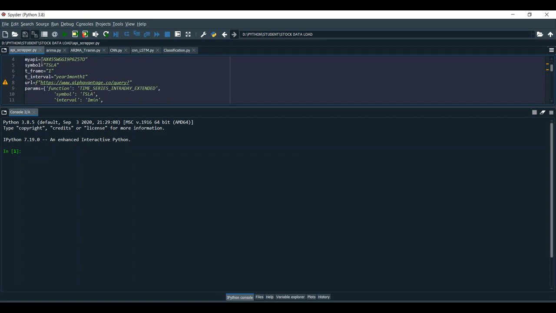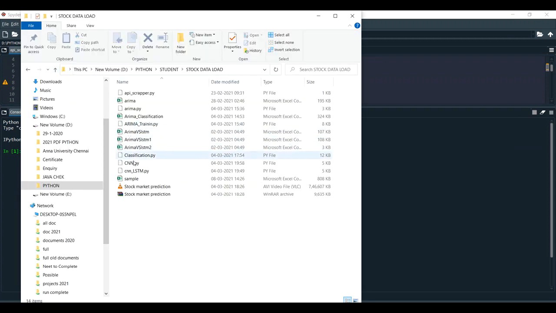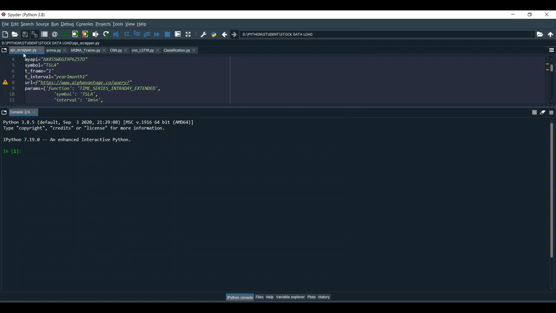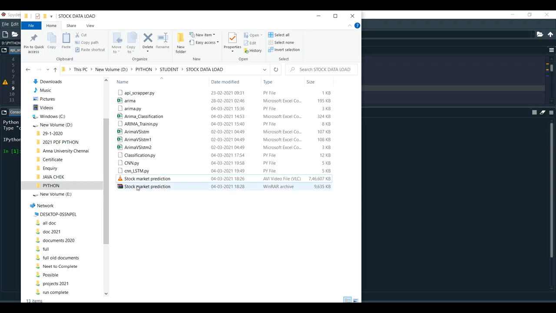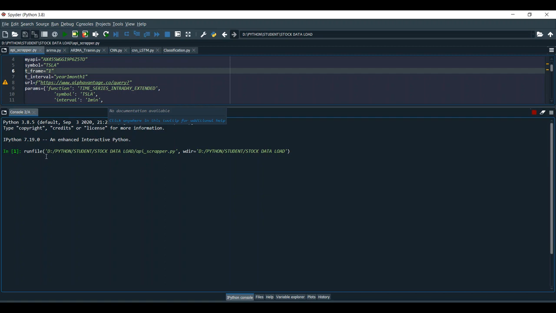This is my API, and for this symbol I am going to predict. The next step is, while I am executing the project, the real-time stock prediction data set API process runs. Once it is executed, it will create a sample.csv file. So right now I'm going to execute. I'm going to get the sample.csv file as the output of a real-time data set of that particular